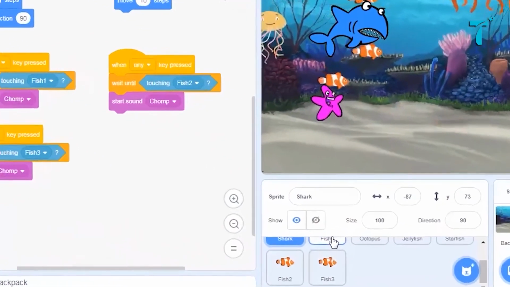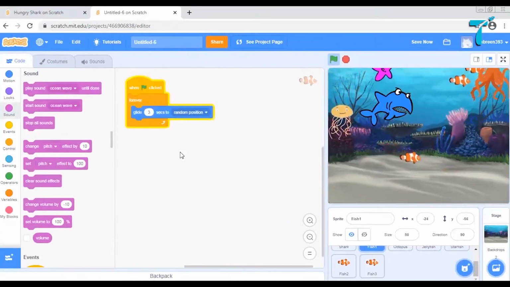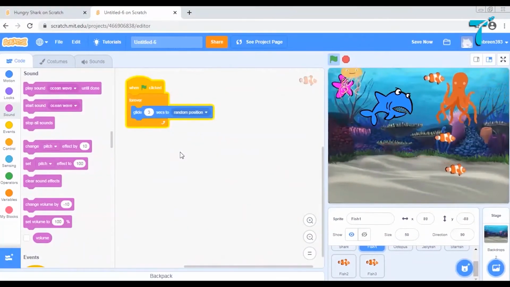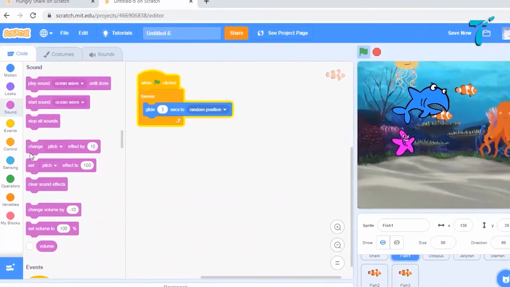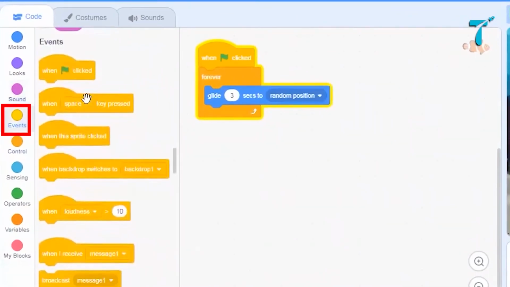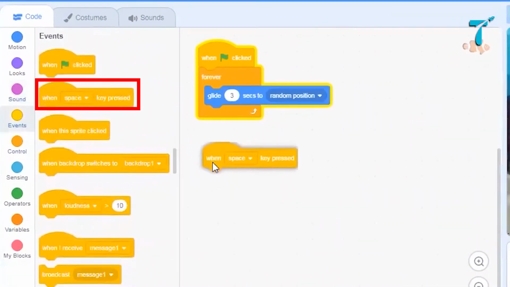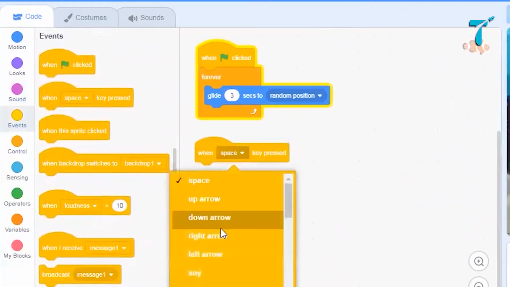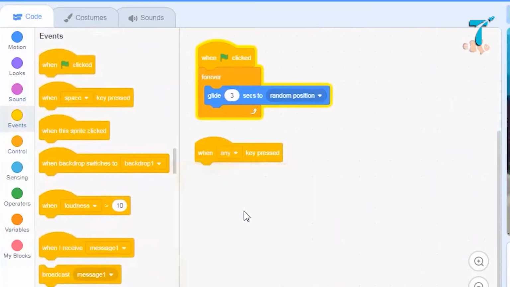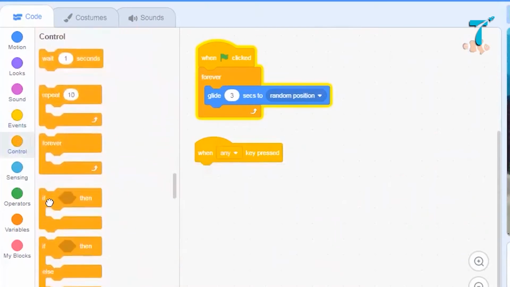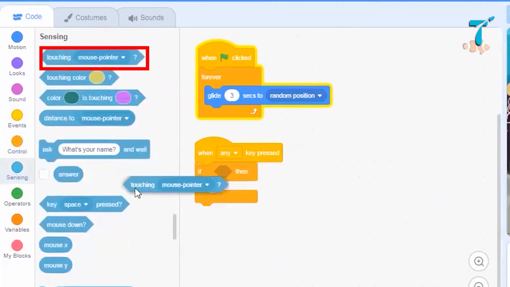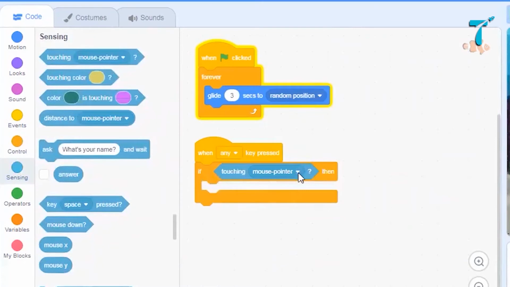So I will go to fish 1 and give it instruction that when any key is pressed, it should see if it is touching the shark. If it is touching the shark, then what should happen? It should disappear or it should hide.